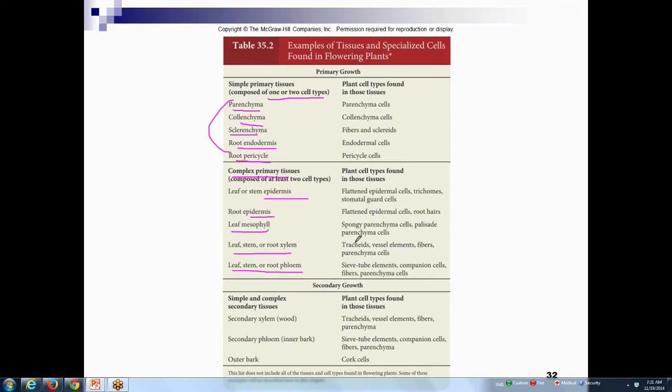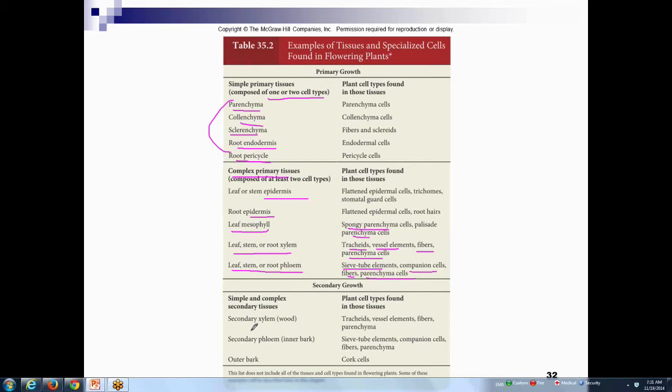stem, or root phloem. In fact, guys, xylem and phloem contain 4 cell types. In the case of xylem, it's tracheids, vessel elements, fibers, and parenchyma cells. Phloem, it's sieve tube elements, companion cells, fibers, and parenchyma cells. The leaf mesophyll, of course, is complex too because you have both spongy and palisade parenchyma, and other cells as well